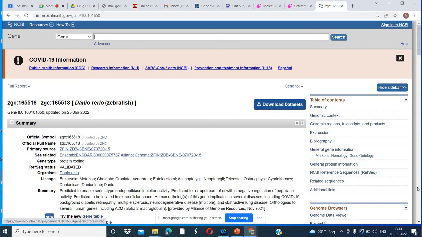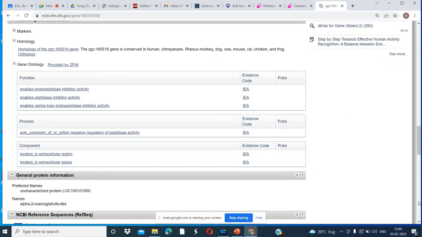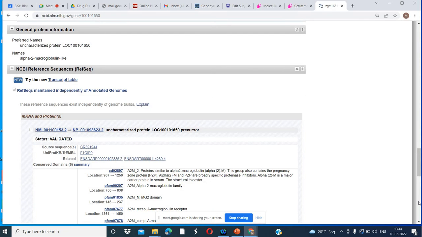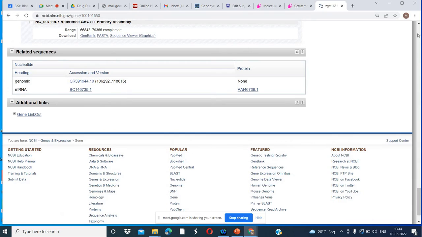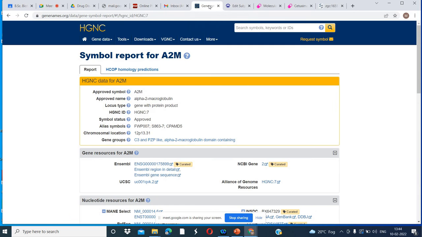Now we are on the NCBI database. NCBI is also a big information resource, so you can search about this here. The Reference Sequence RefSeq database, we have already searched on these databases. These are all NCBI databases. Now you can see the HGNC provides the interface for multiple databases. You can search in multiple databases about the same gene. If you want all the annotation about a single gene, you can annotate that gene and make a report on that one gene.